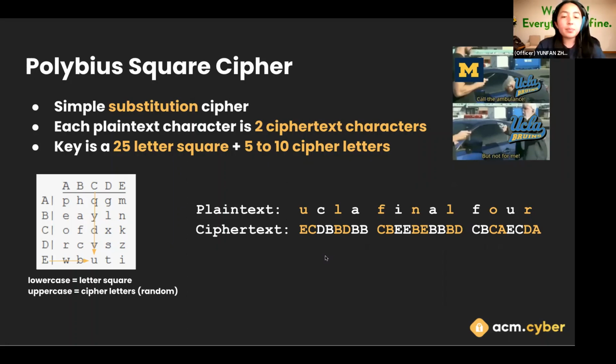And then same for the C. For the C, you would find the C in the grid, and I didn't circle this one, but it's in the second to last row, you would find the D on the left, and then the B on the top, and then the intersection is the plaintext character. So just going like that, you can encode UCLA Final 4 to say like ECDB, BDBB,